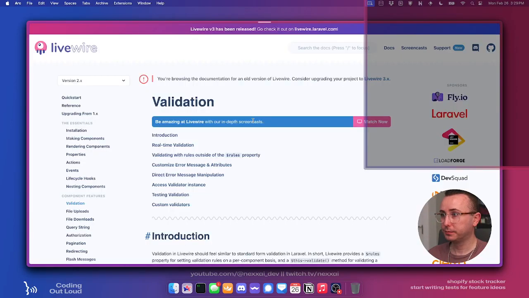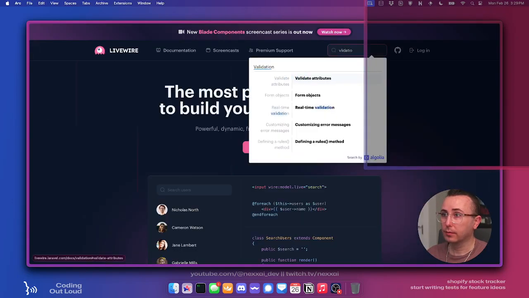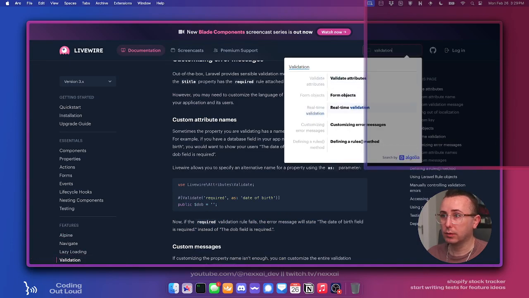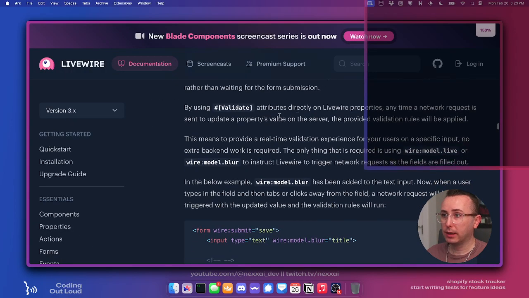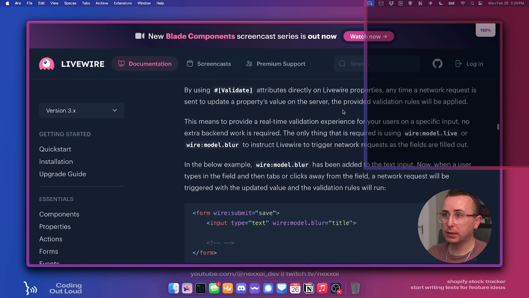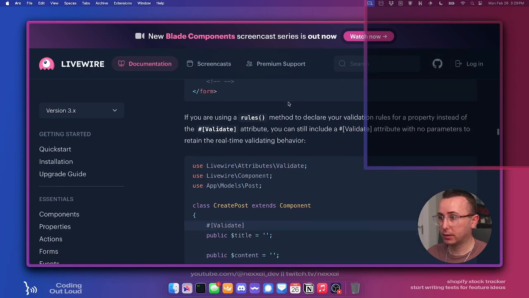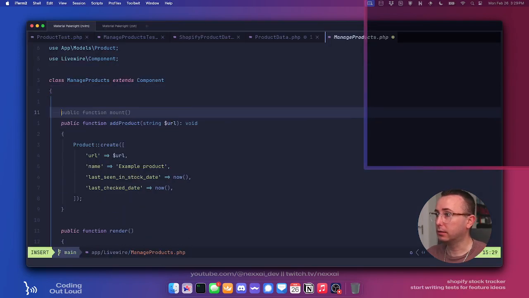Livewire validation, real time validation. Okay, so by using validate directly on the Livewire properties, anytime a network request is sent, and so on. Okay, so we're going to create a property called